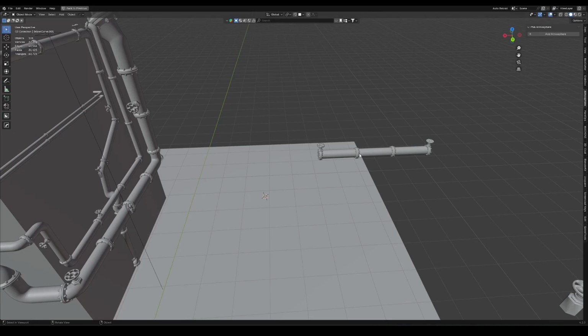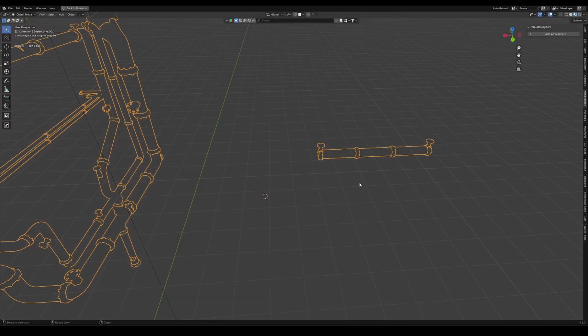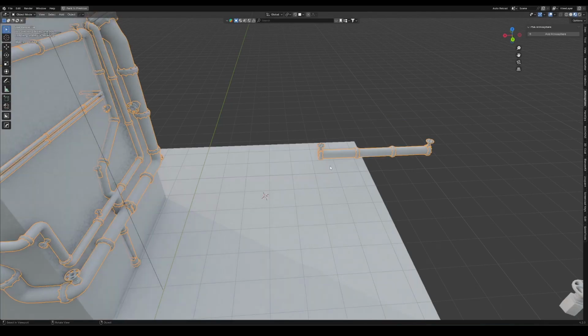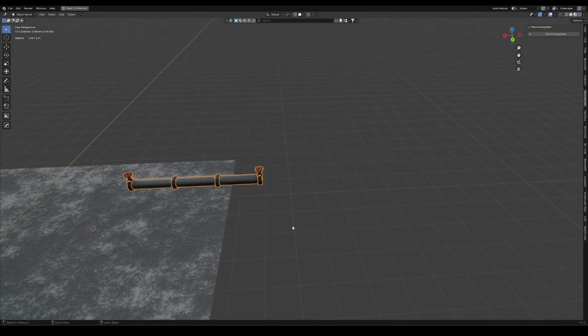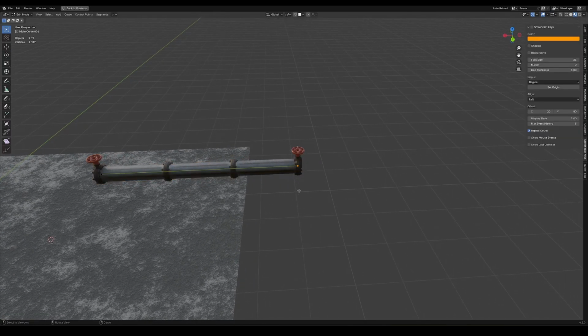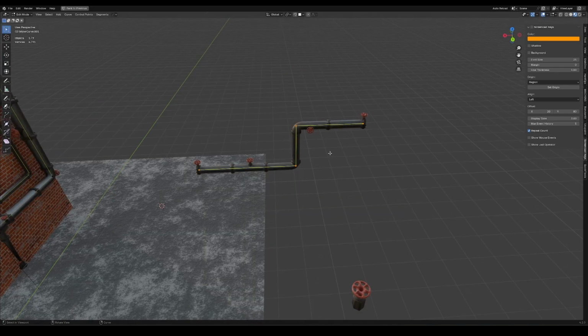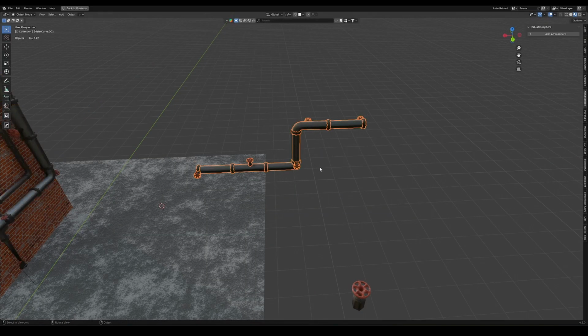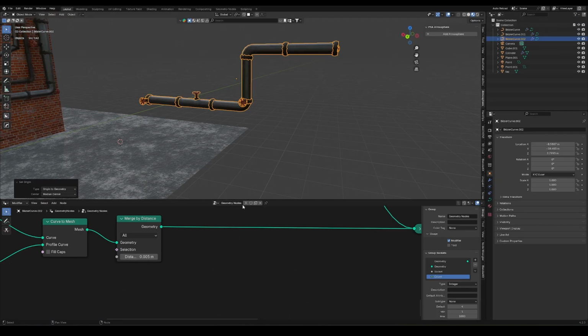Alright, so at the moment I have my procedural material set up to box project. The final layer of functionality I'd like to add to this is to be able to UV unwrap this pipe so that it can work with a range of pipe trim textures. So I'm going to break off this. I'll just hit P to separate it, and I'm going to duplicate this. I'm going to rename it first, so pipe 1. I'm just going to hit this little 3 to make it unique, and we'll call this pipe